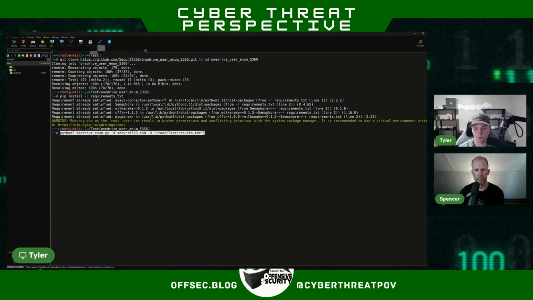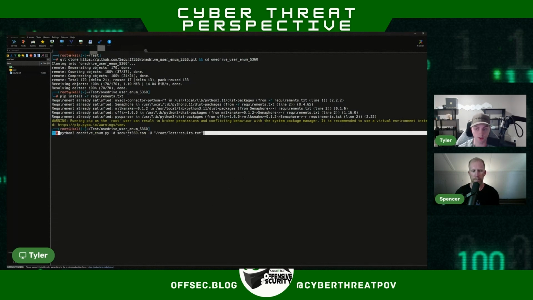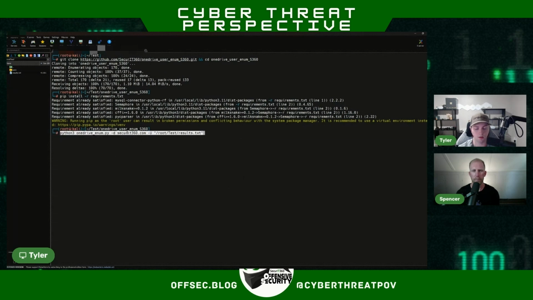I'll explain a few of the flags before I run this. So the -D, this is obviously the domain of the organization that you want to leverage this against. And then the -U, this is where you specify your user file. You can do the full path to the file, and it can be wherever. It doesn't have to be in the folder on your Kali box, wherever you're running this, but that needs to be the file that you want to use to brute force with.